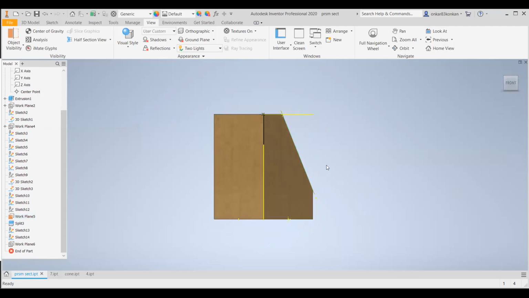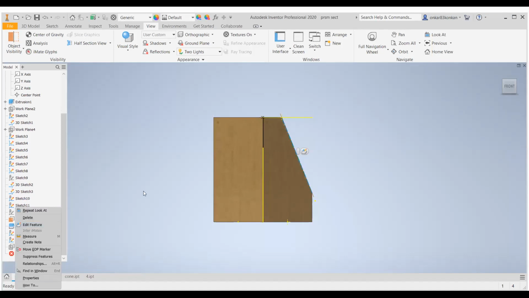Suppose there is one condition. If you want to obtain the triangle as a true shape from the square prism with the maximum height, okay, how can you take this section plane position?